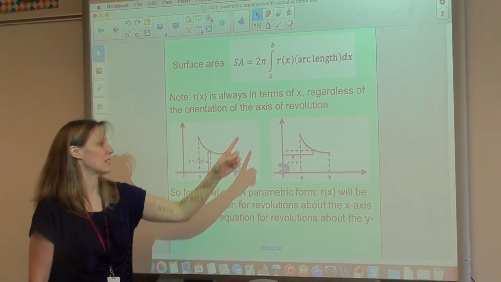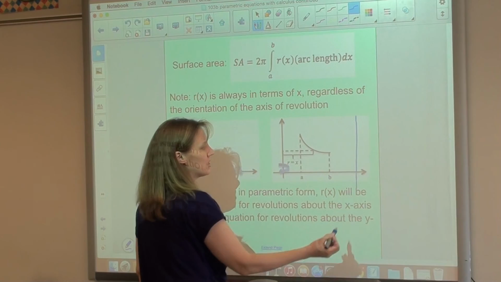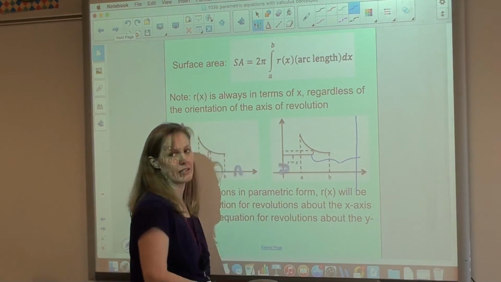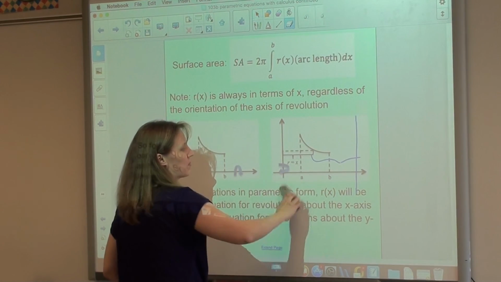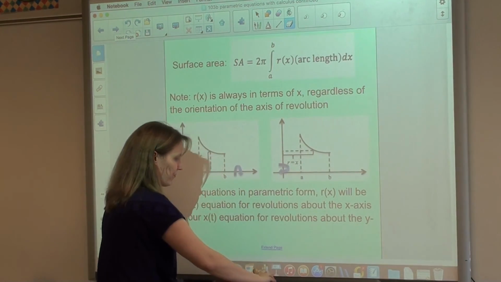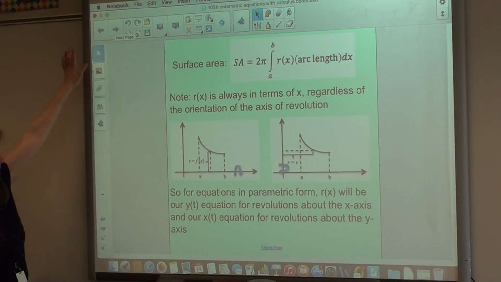Technically, this is x-axis and y-axis, because remember, if you were revolving about something like x equals 10, it's actually 10 minus x that is your r. We got into all of that back in chapter 7. Okay, so we loved arc length, or surface area, because we could do every single one of them with respect to x, which is nice. All right. So now, to write them in parametric form,